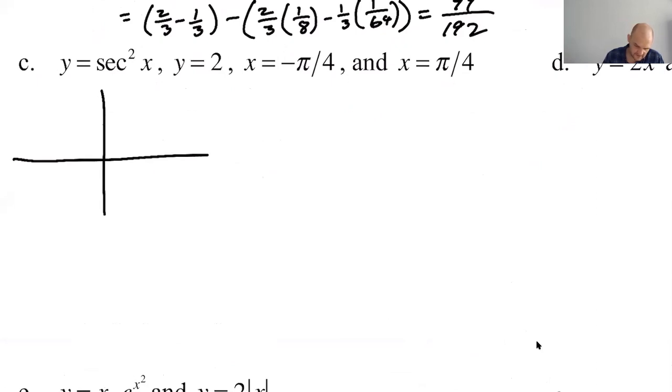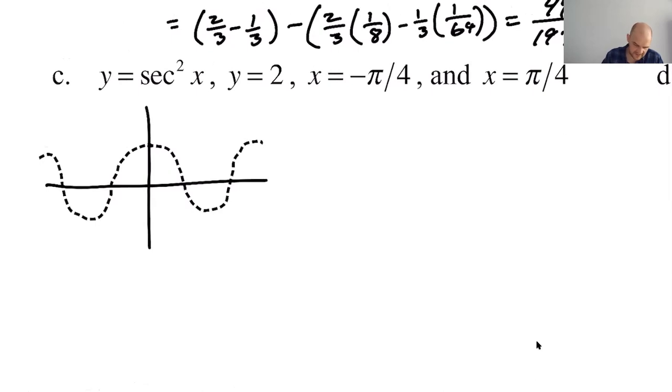Cosine looks like kind of this, right? Man, the dashed lines really highlight how poorly I was doing that. So secant's the reciprocal of that, and secant squared is just going to be more extreme. It's going to be like,